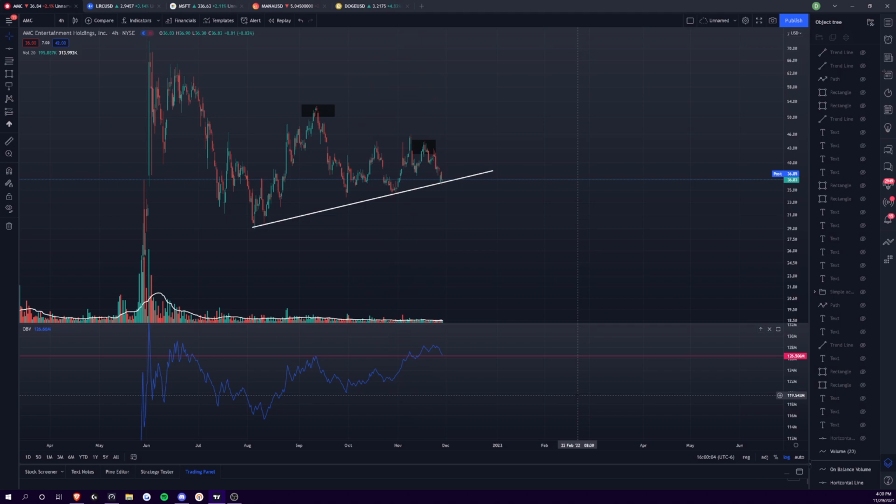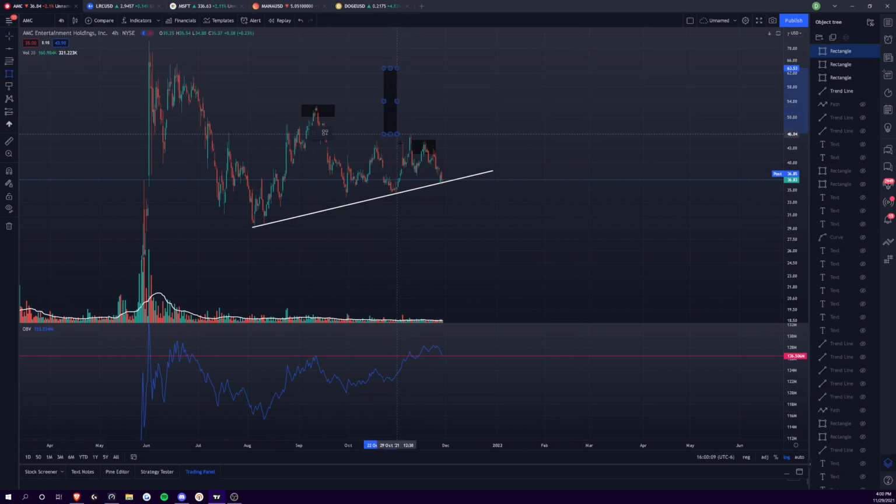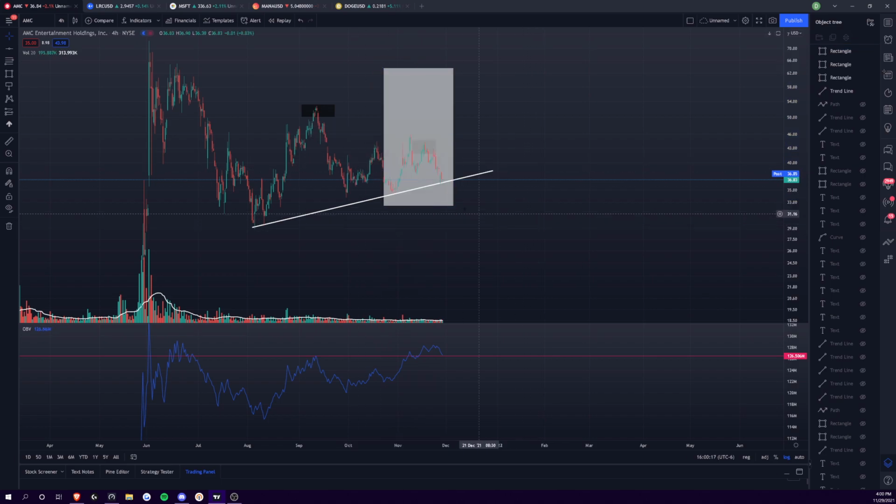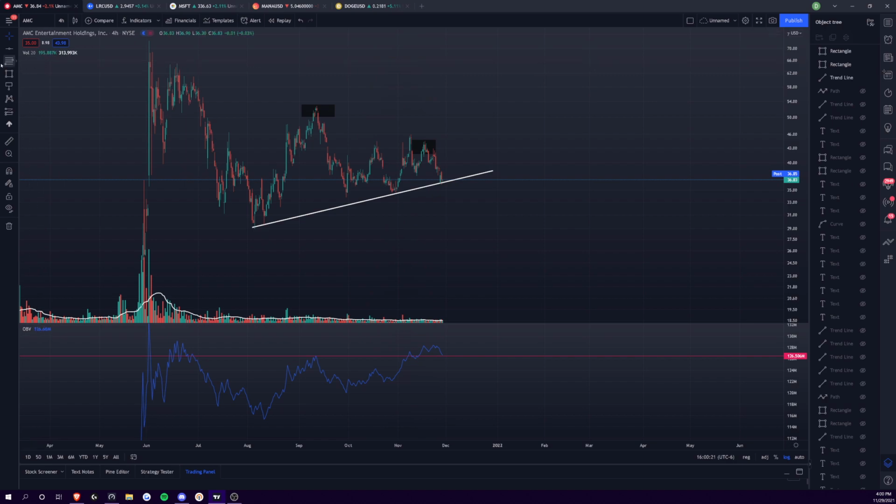And I still remain in my conviction that we are in phase D of accumulation. In the relative near term, and it's hard to say exactly how much time it's going to take, I believe that we're going to hold on to this bull trend